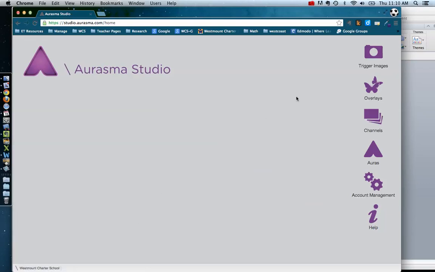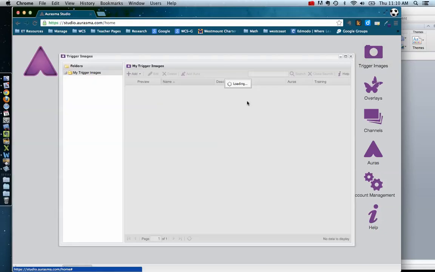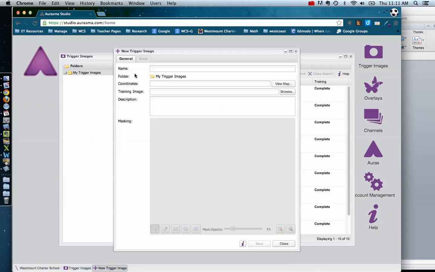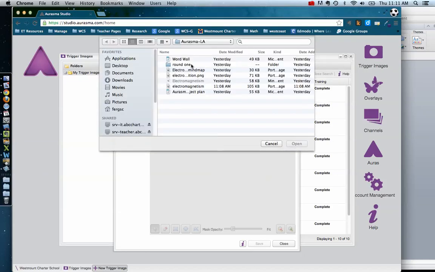All right. So the way you build an aura is you start first with what's called a trigger image. This is the actual physical image. In this case, for you guys, it's the word wall that's going to trigger the auras that we want to have happen. Those are called the overlays. Now, in this case, I have a few already, but I'm going to click on Add. Okay, I'm going to put in the title so I can remember what it is later. And I'm going to browse and add in